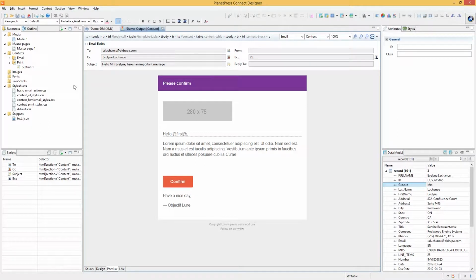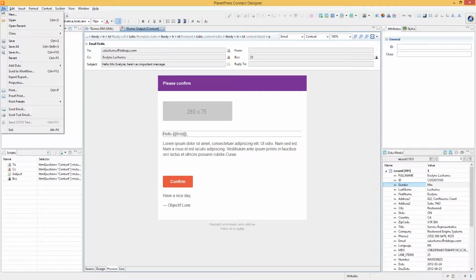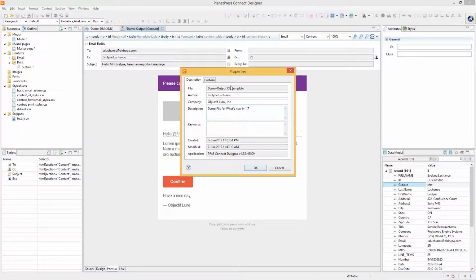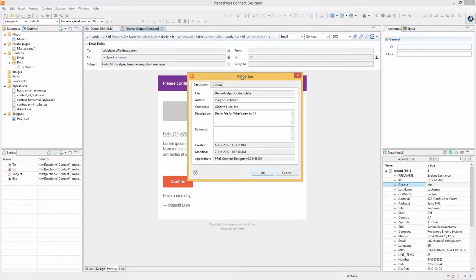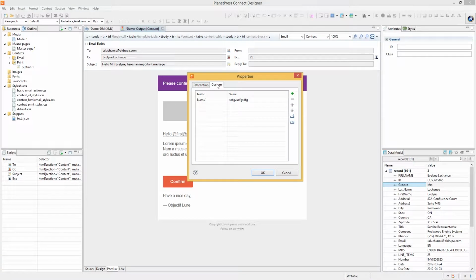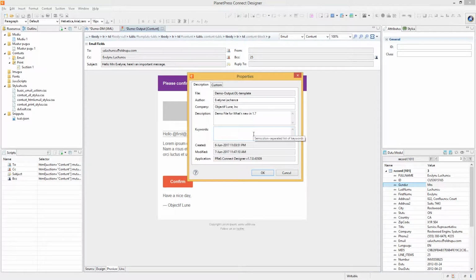Now the two next things that we want to see are in the File menu, and that is the Properties and the Export Report. Let's first take a look at Properties. Essentially, the Properties dialog is a way to give this document information, so metadata about the Connect Designer template. Anything I write here and then carry over to a new computer, so I take the file, put it on a USB, or send it via email, put it on a CMS, whatever it is, all this information will